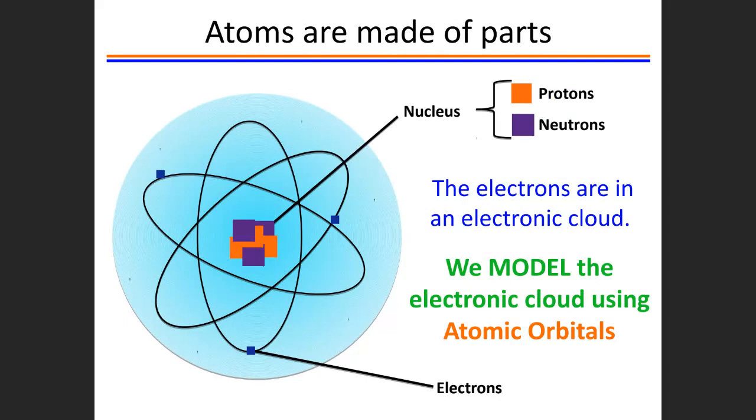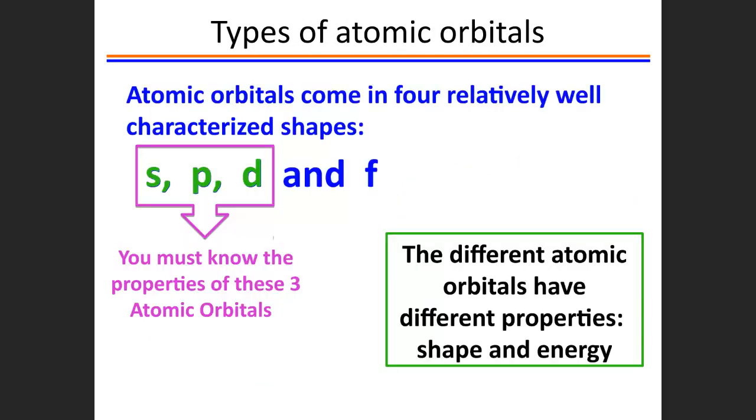Now, the atoms are made, as we know, of parts: proton, neutron, and electron. We model the electronic cloud using the atomic orbital. Atomic orbitals come in four relatively well characterized shapes: S, P, D, and F. As I said, electrons are normally outside the nucleus and continuously move,